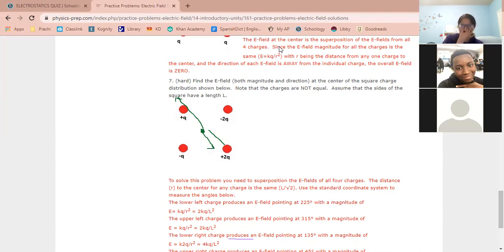Yeah, no, I get it now. I kept looking at all of them as equal instead of seeing that one is bigger, so that's why it cancels out. Yeah, that makes sense. I think one thing that confused me was the...